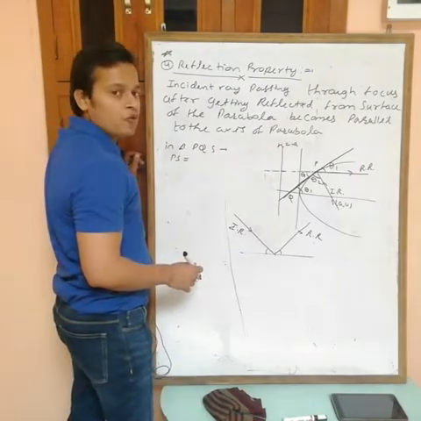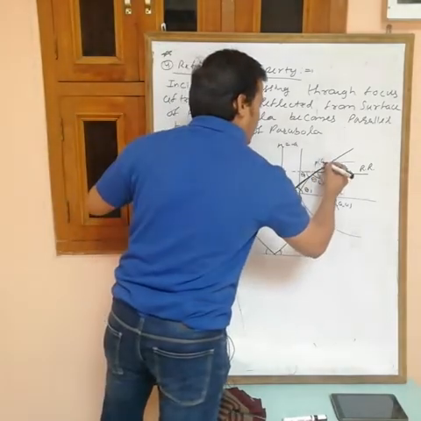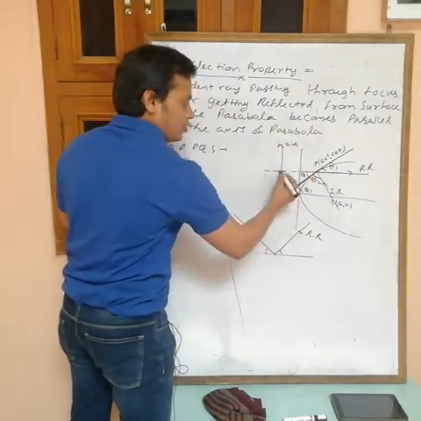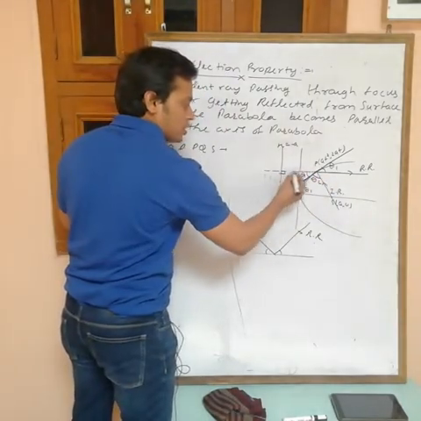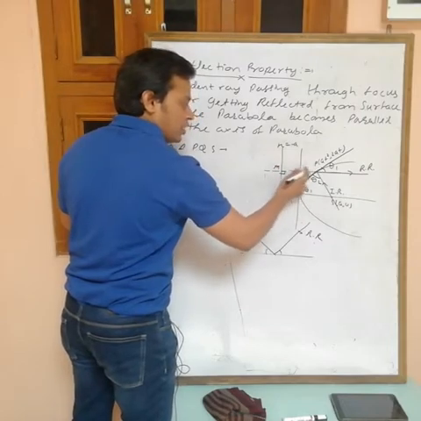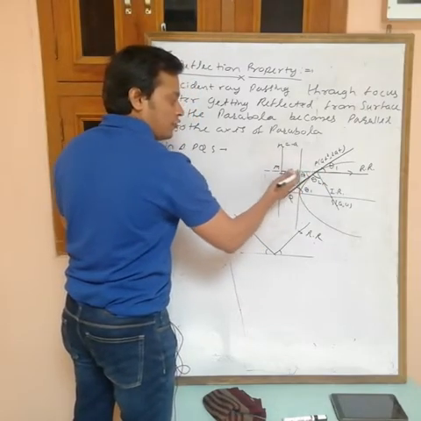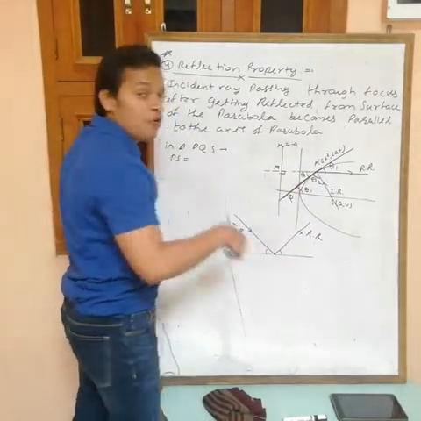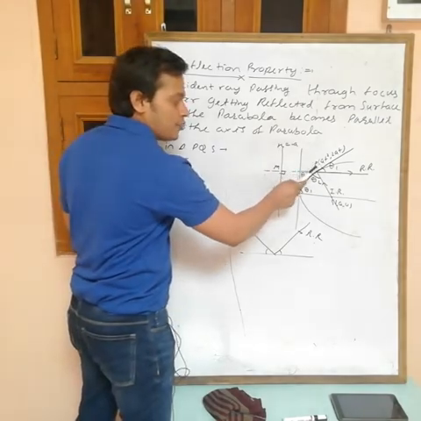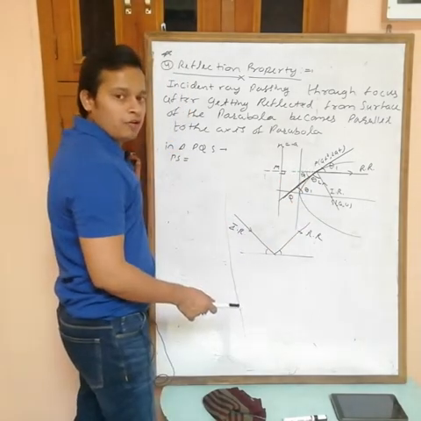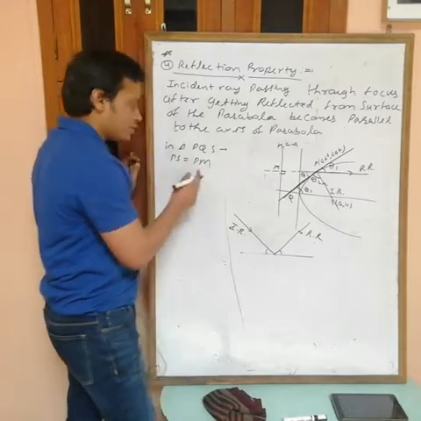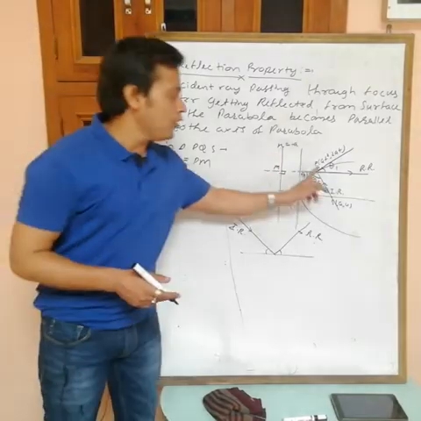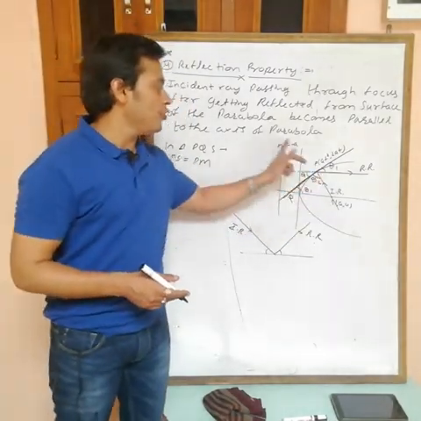Actually, PS is the focal length. P is any point (at^2, 2at). Now this is the line parallel to the x axis, so can I say that this is the perpendicular distance of P from the directrix? Why am I using this? Because we have one relation: PS, the focal length, meaning the distance of the point from the focus, is equal to PM. This is the definition of a parabola. PS equals PM; PS is the distance of any point from the focus and PM is the distance of the point from the directrix.